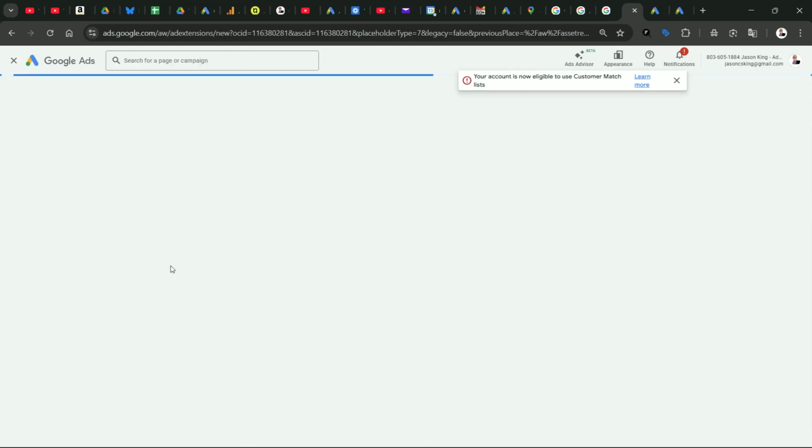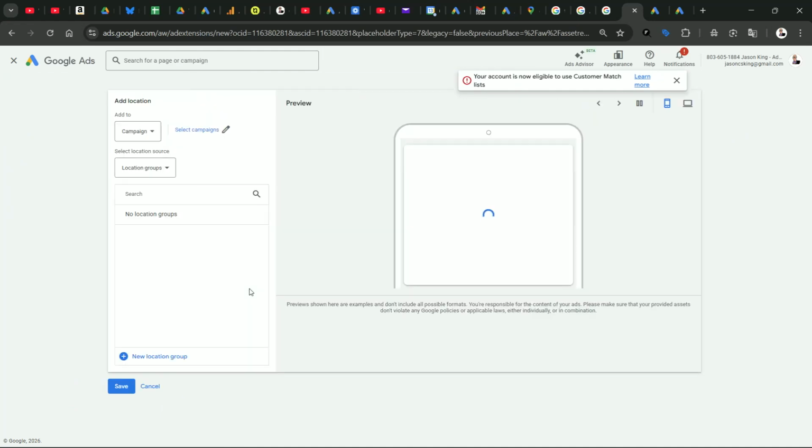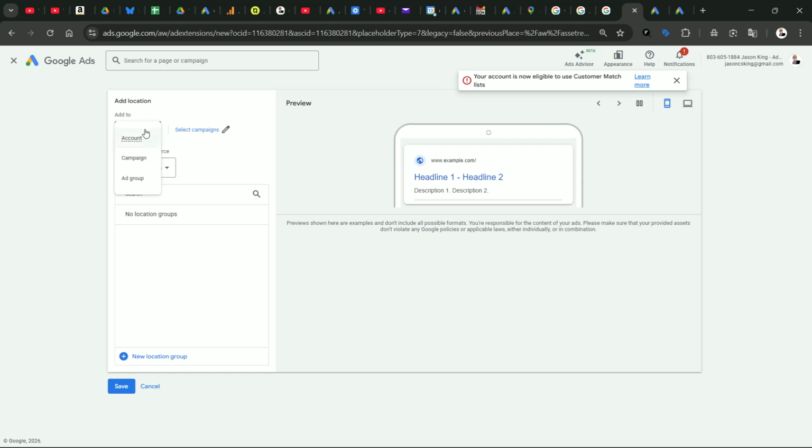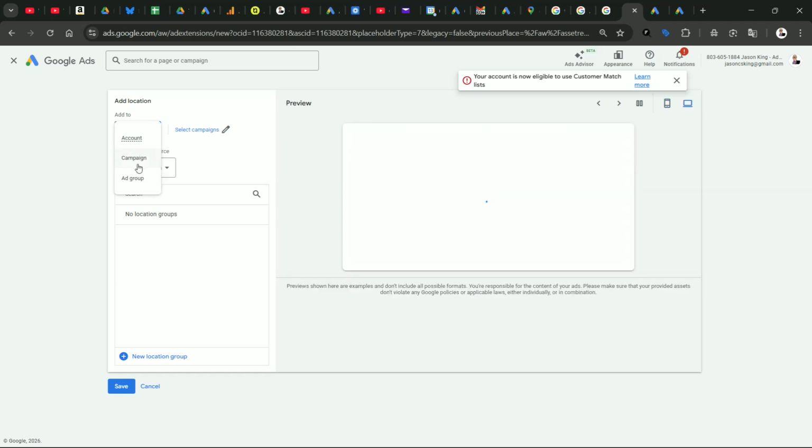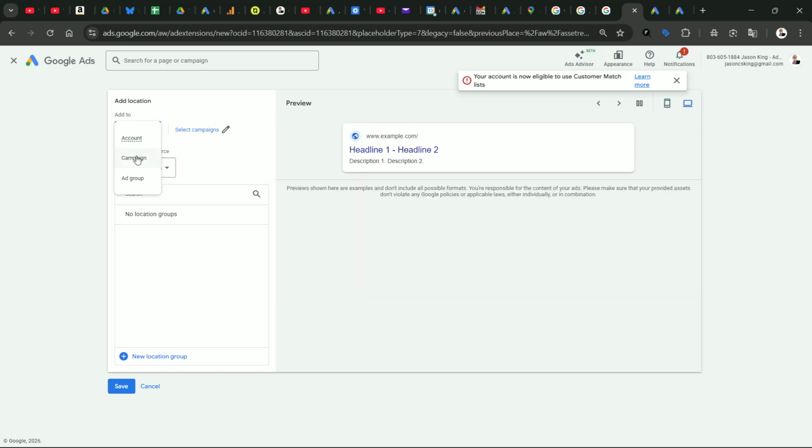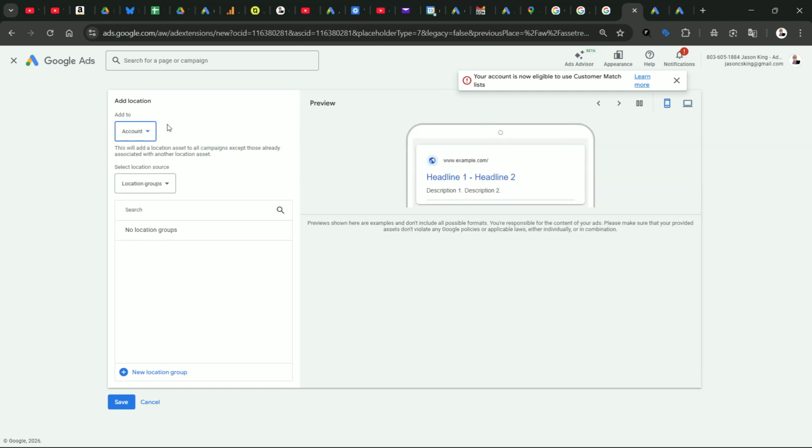And it's as simple as doing this. You hit the plus button, big blue plus icon, and you choose which campaign to add it to. You can add it at account level, and I almost always do that. The only reason to choose campaign would be if you had one campaign for where you wanted a different location showing to another, and that would only be if your nonprofit has multiple locations. So I'll do account level,